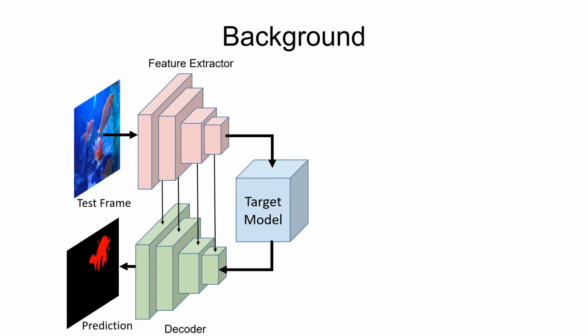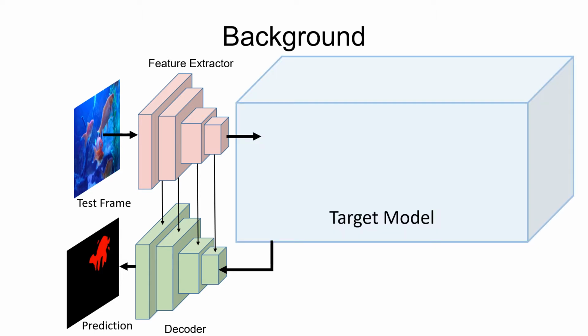More recent approaches employ similar architectures, but instead of fine-tuning, they integrate target appearance models. While the rest of the network is kept fixed during inference, the target model handles the adaptation to the target. Compared to fine-tuning, these methods are both faster and more robust to changes in appearance of the target and background regions. A number of different target models have been proposed.